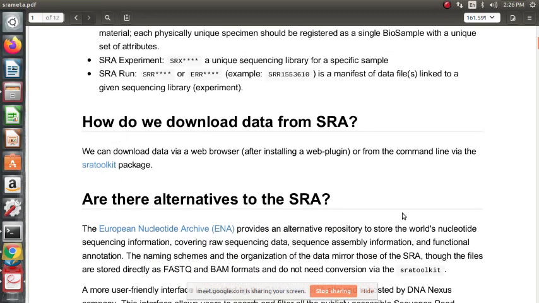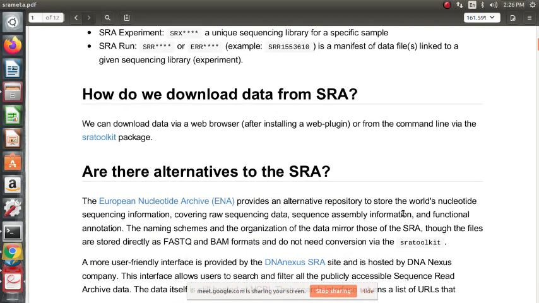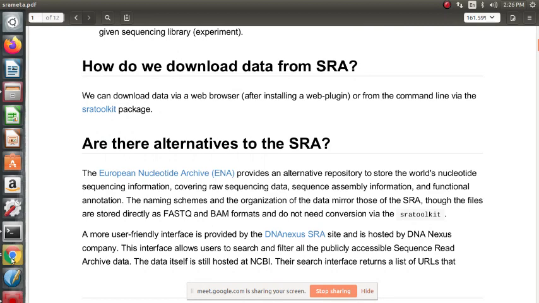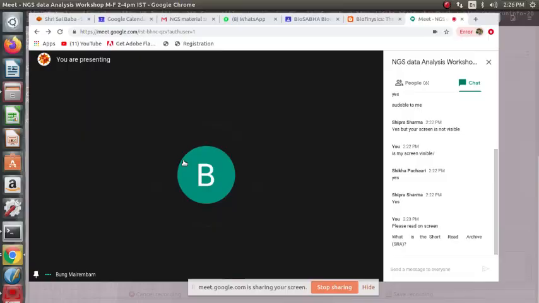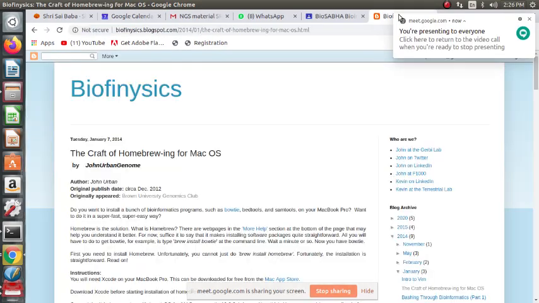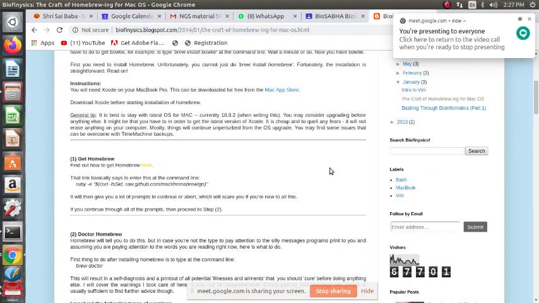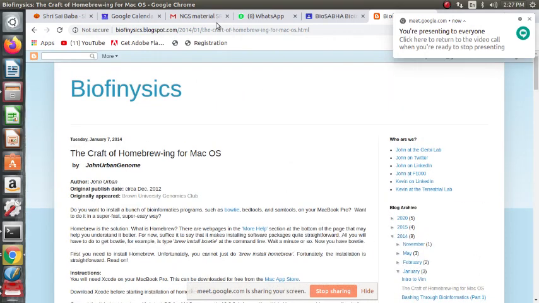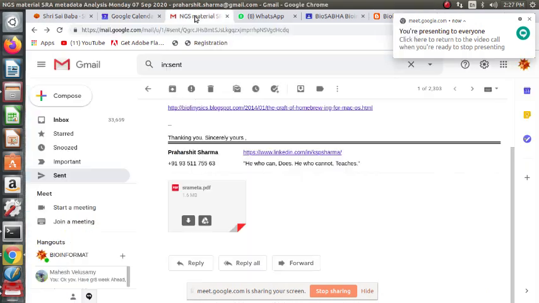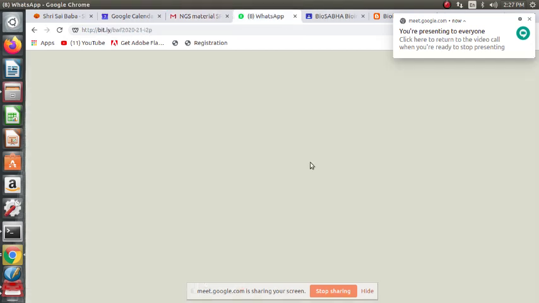Okay, we download the data from the SRA using the SRA Toolkit. If you're on an Apple MacBook, you can follow these instructions to do all the installation using Homebrew. I've already given the link, so please follow this link. It's already mentioned in the email, and I'm again mentioning it in the WhatsApp.